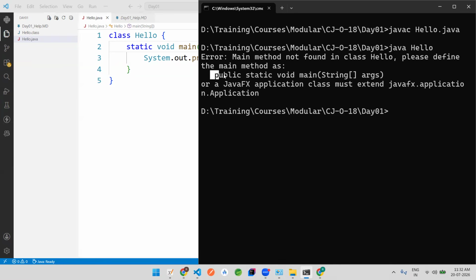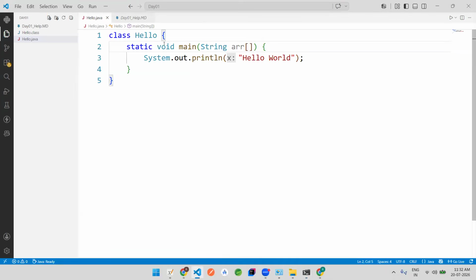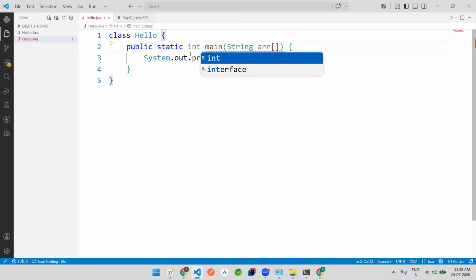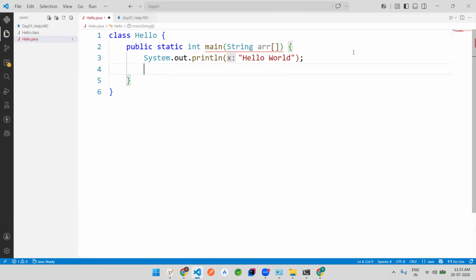कंपल्सरी, इसमें से एक भी चीज, एक भी कीवर्ड, एक भी मॉडिफायर चेंज करके नहीं चलेगा. It must be public, it must be static, it must be void, it must be having an array of string. सर, वो void की जगह पे चलिए काम करते हैं, let us write it as public, but void की जगह पे let me give it as an int and I'm going to say what this main method